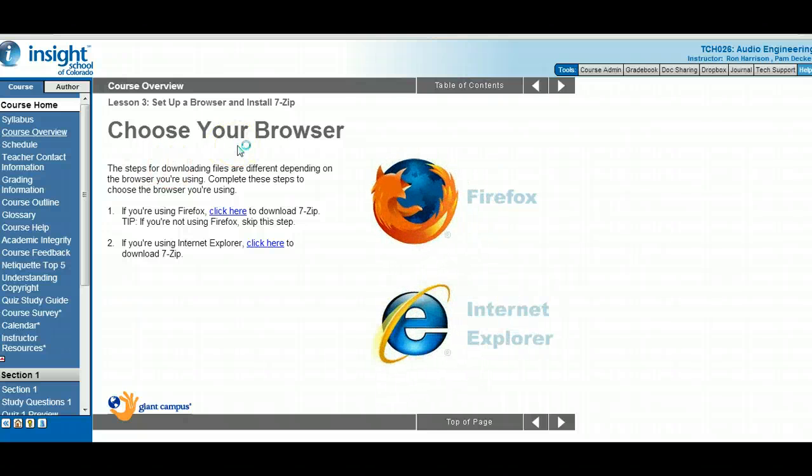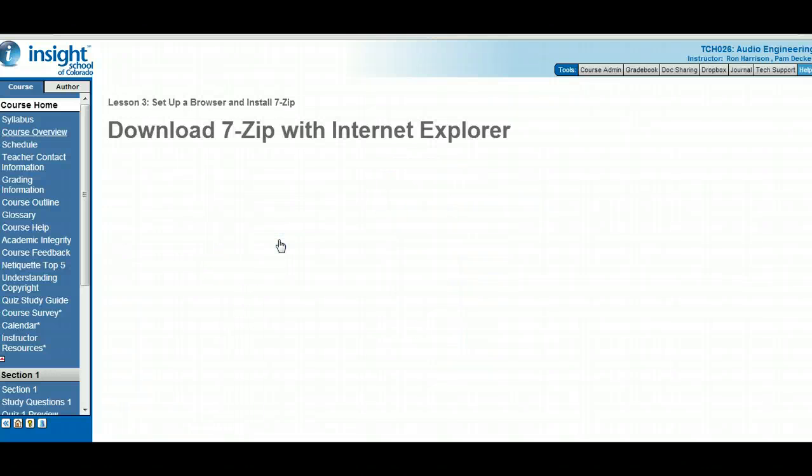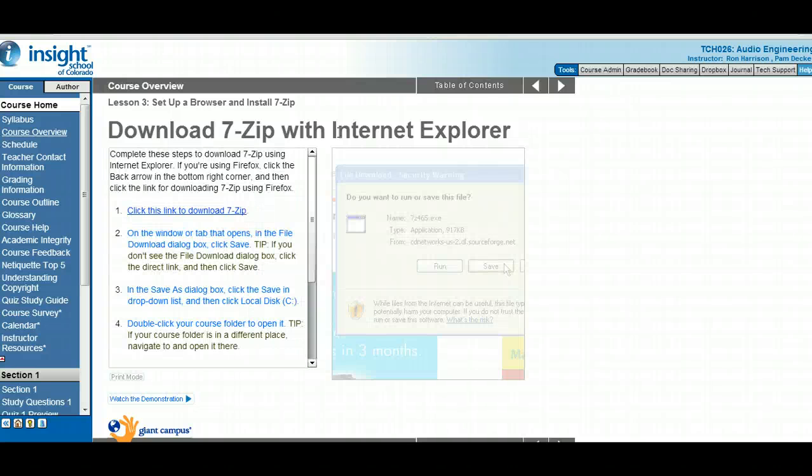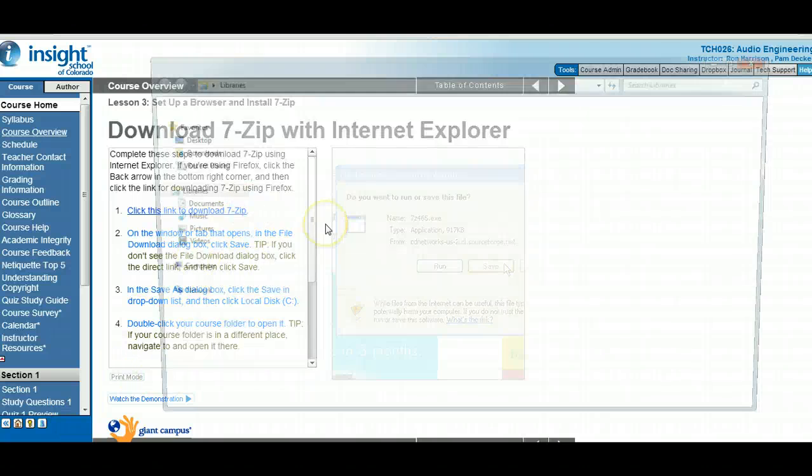Now this is going to talk about downloading files, so whichever browser you're using, I'm just going to click on the Internet Explorer one and download 7-Zip. So this is going to have you go through and download the 7-Zip program. But don't do that. I'm going to show you a demo. If yours works like mine, then don't worry about 7-Zip. So I'm going to go to my desktop,